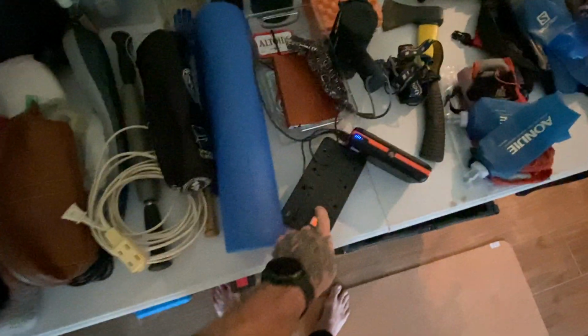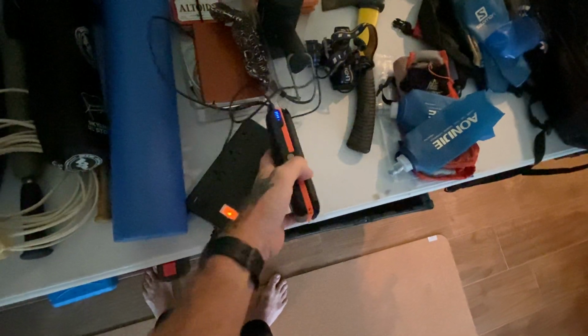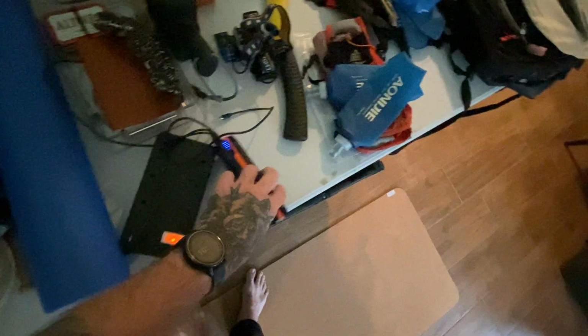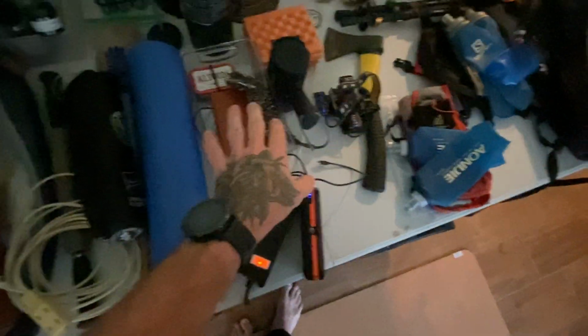There is another multi-charger here. This is a solar-powered charging unit that has a solar panel embedded in it, which is really convenient and works very, very well. It's got 1, 2, 3, 4 of these mini solar panels. So just charging it up so it's at a full charge. You can see it's on its last little light there. These are charging